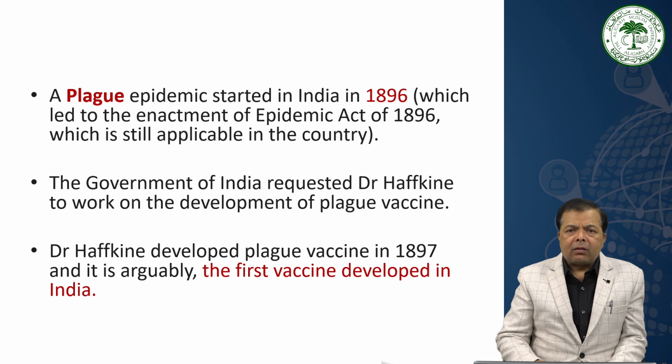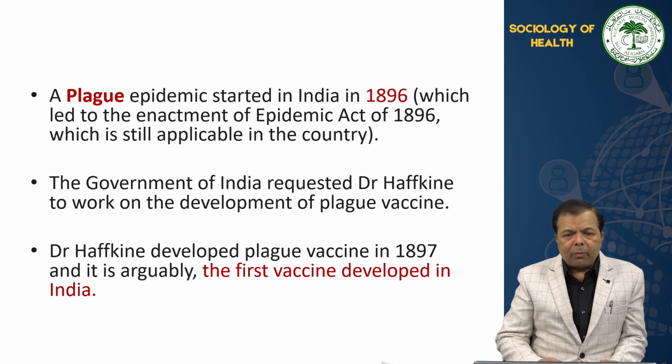Then again, a third epidemic and pandemic, that is plague. That was again a big problem, not only globally but also in India. And it started in India in 1896, which led to the enactment of the Epidemic Act of 1896, which is still applicable in the country. So we were having multiple problems, and this problem of plague was again very serious, very